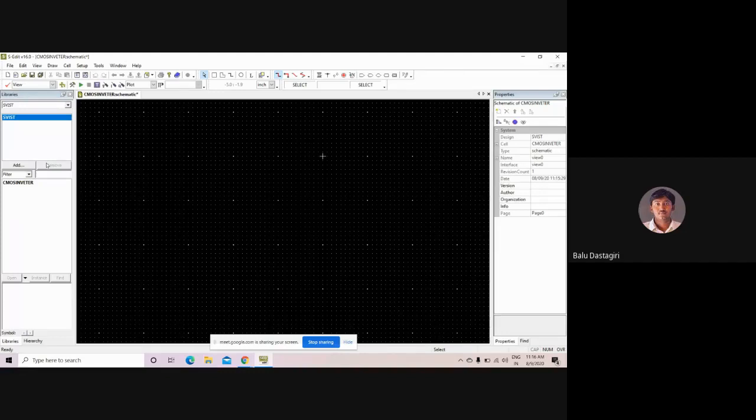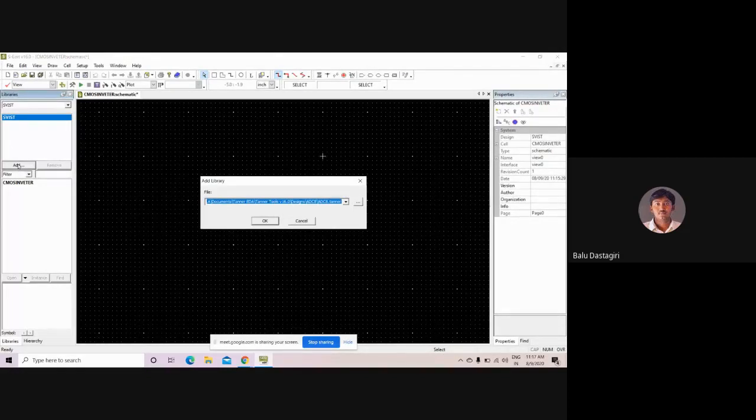From those predefined library files, we have to construct our circuit. Here we have to add those predefined libraries. In order to add that, in the libraries, you can go to add here.